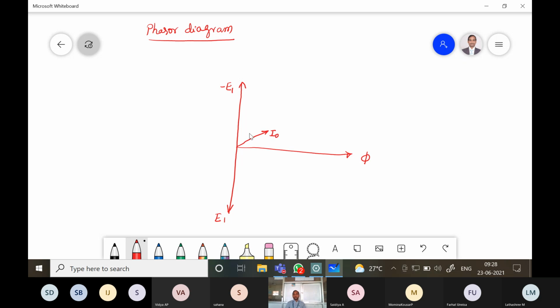This I naught is the combination of IW and I mu. Okay, so no need to show here. And another term that is called as I2R. You know what is I2R? So I2R means I2 is rotor current, R means rotor current under running condition. Okay, so therefore I2R.